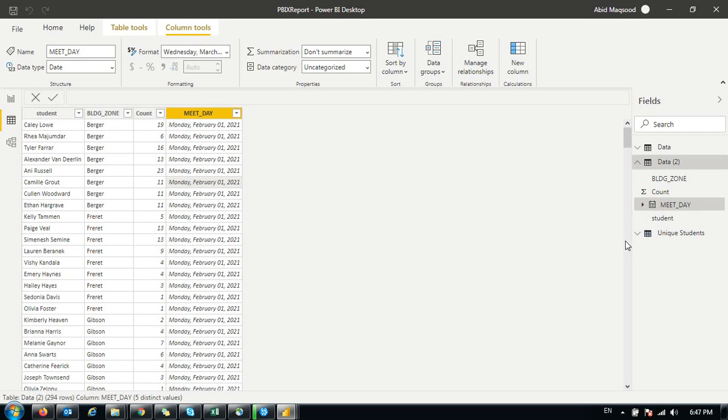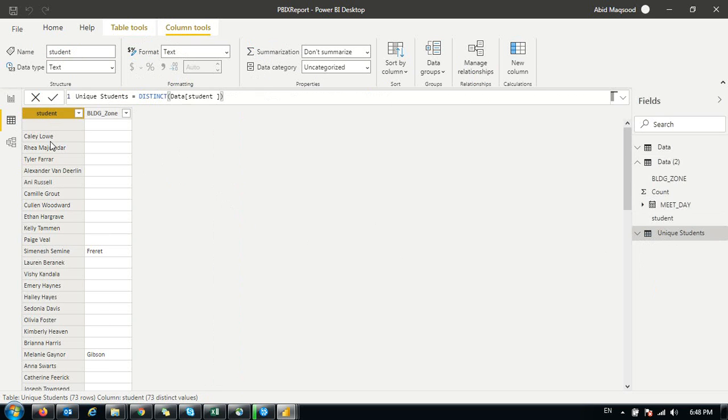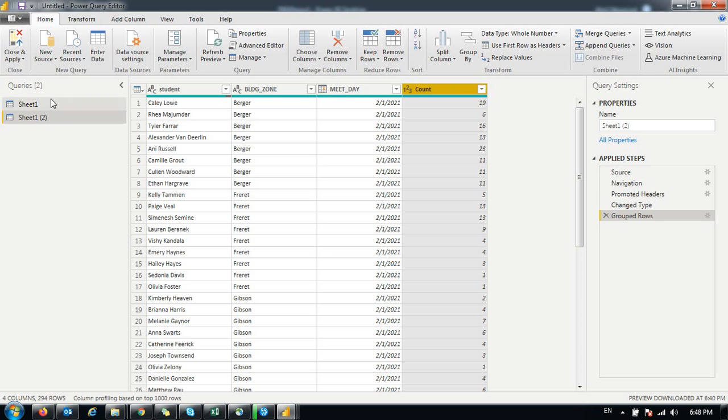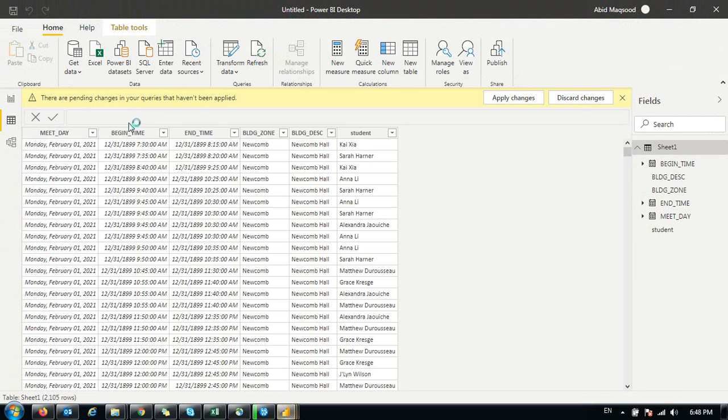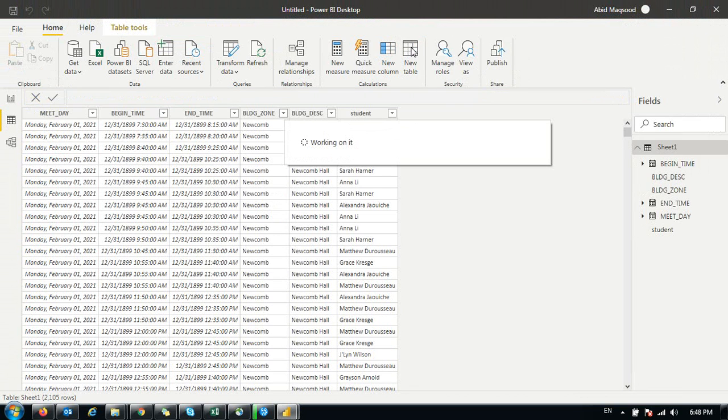Now the third thing is how to get this table, unique students. You can see I have used a function over here. How to do that? Let me show you. Close and apply this over here, and let it calculate.